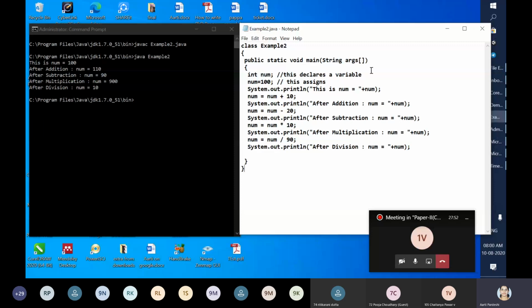Then what we have passed in the brackets is called the command line argument. This is the command prompt, and "java example2" is called the command line. If we are going to pass any argument from here, in the sense of integer, float, double, char, string, you can pass it on this command prompt, and the arguments or parameters which you pass from the command line are called command line arguments.